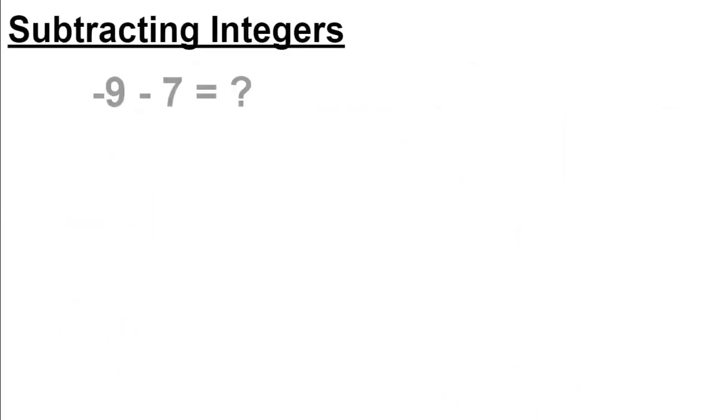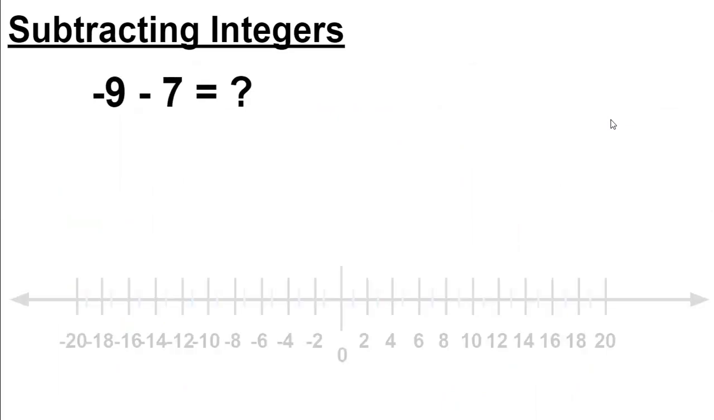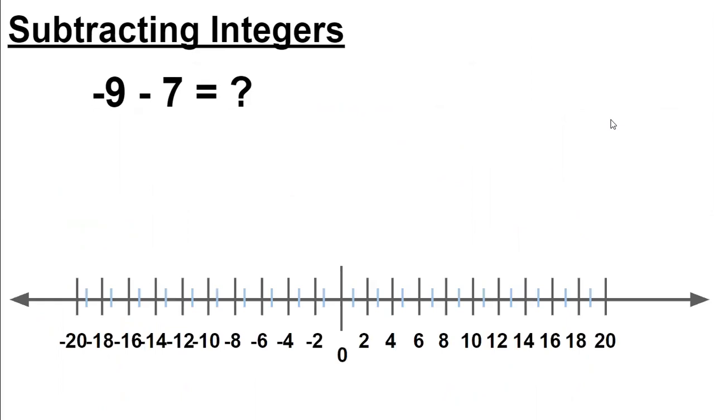Okay, we're going to move on to more subtracting integers. -9 minus 7 equals question mark. Here's our number line. This one goes a little further. This one goes to positive 20 and -20 on the other end. So -9 minus 7. Let's see that on the number line. So first we're going to go -9. And notice how the arrow stops on the center line right here. It stops because